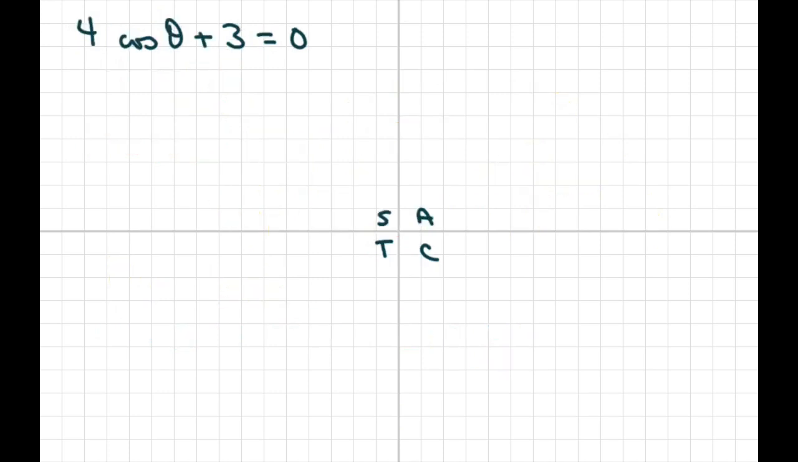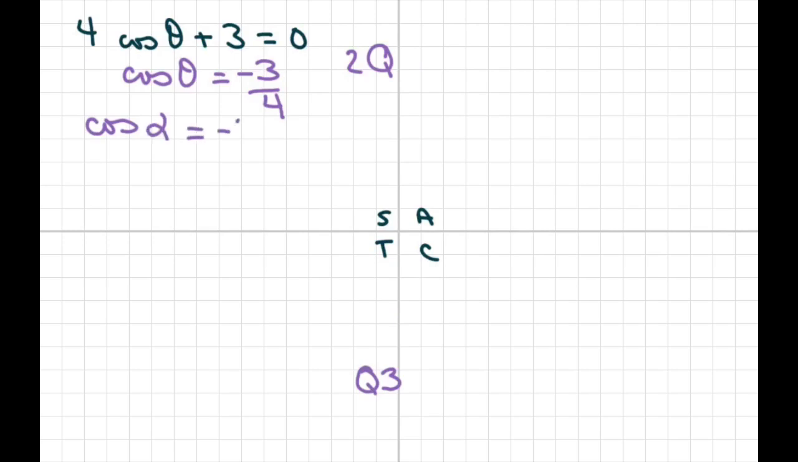Okay, and the last problem is this one. So I solve for cosine. I subtract the 3, then I divide by 4. So we know that cosine is negative in quadrant 2 and quadrant 3. Since it's negative, I'm going to make a secondary angle here and do the absolute value of this and do positive, just so I can get the angle in here. So inverse cosine of 0.75,